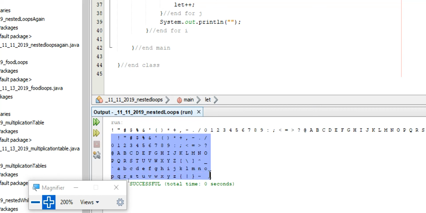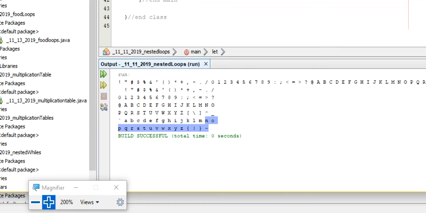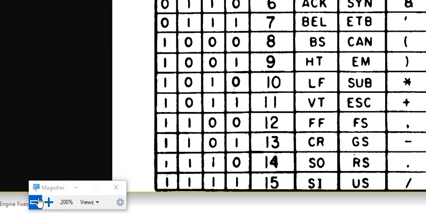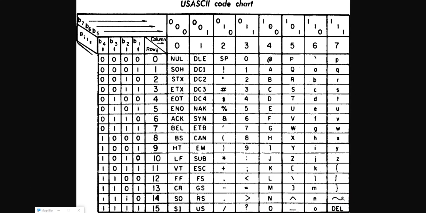You see lowercase, tilde, and if we look at my ASCII table, lo and behold, what's the last thing in that ASCII table? Right there, which is pretty much where I stopped. So